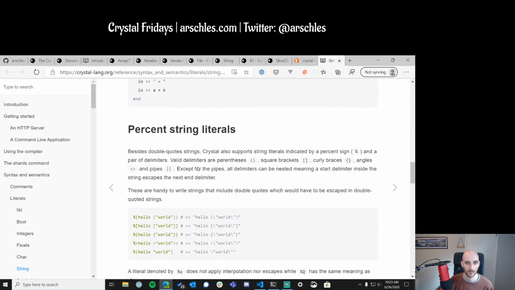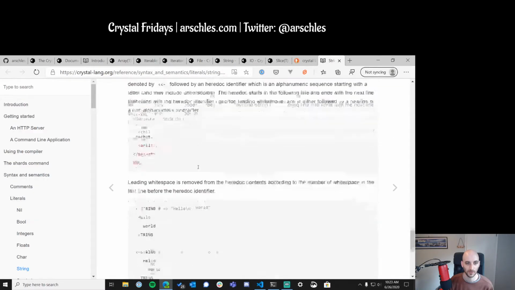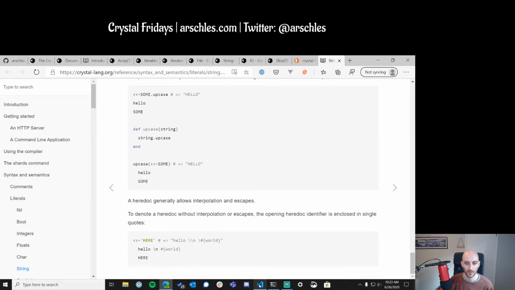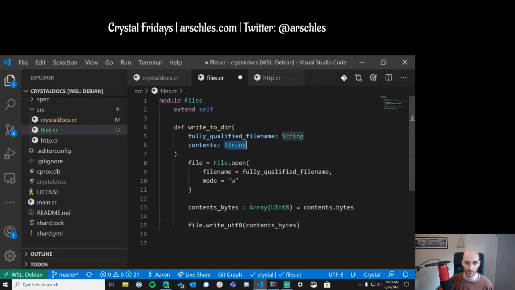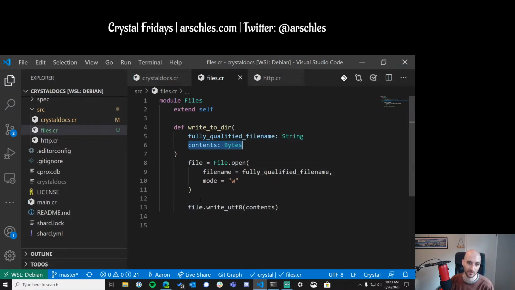Maybe. Percent literal strings. No. Okay, that didn't help. So one idea that I just had might be in here, we just did this earlier. We got an IO and then we got the string out of the IO. I wonder if there's a way to get bytes out of the IO. So I'm going to bank on that and I'm going to do this and I'm going to delete that. And then we're basically going to just do this. Okay, so now our convenience function is requiring bytes. All right, that's making the convenience function much easier, which is great because we're just passing the contents, the bytes,